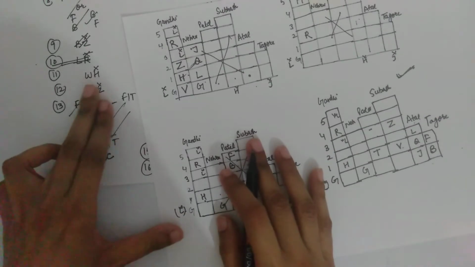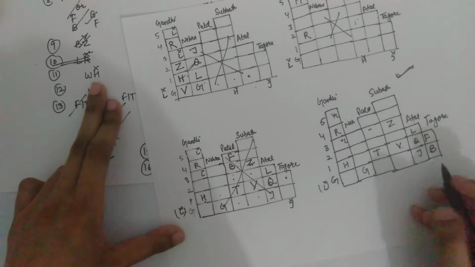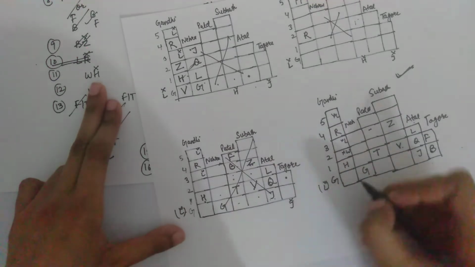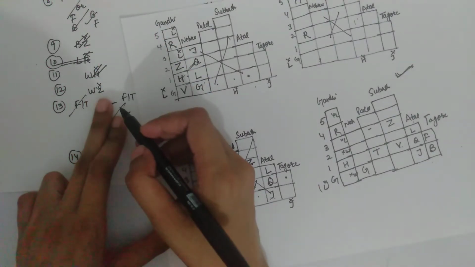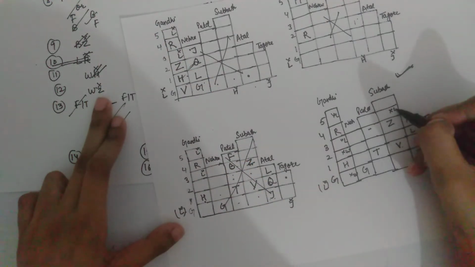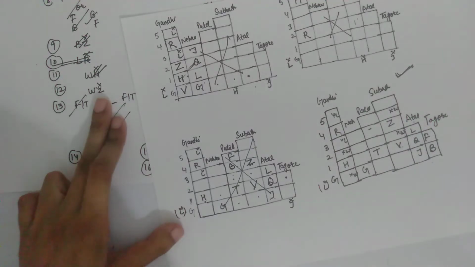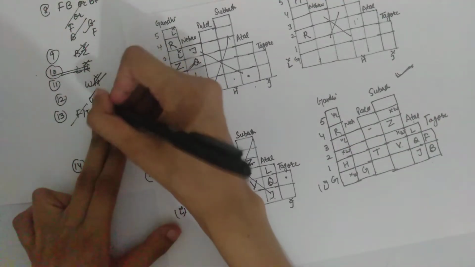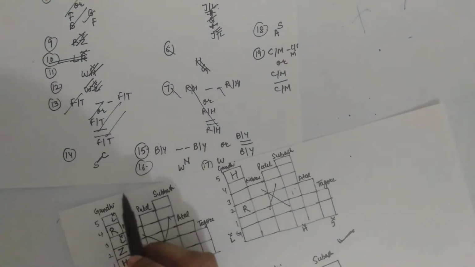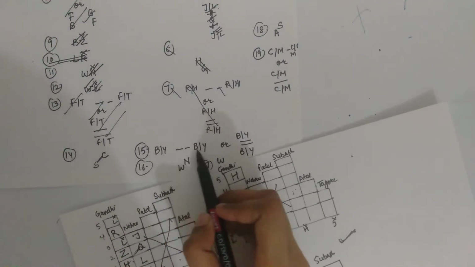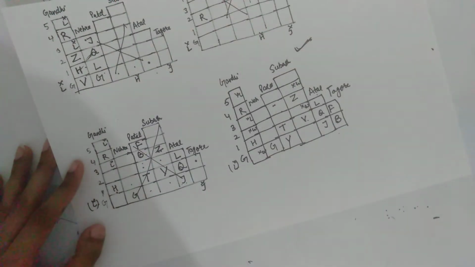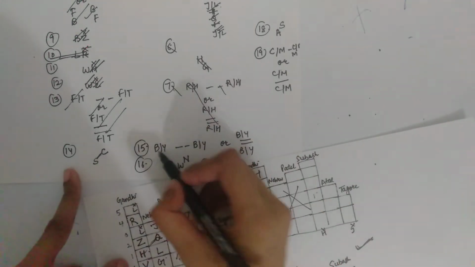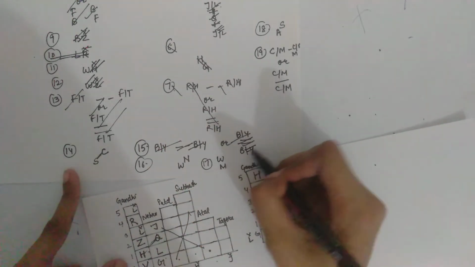See the next. W is not an immediate neighbor of H. We have H. We can't place W here. We can't place W here. W is not a neighbor of Z. W will not come here. Also can't come here. Now see which instructions are left. B and Y have 2 places between them. This is B, 1, 2. This will be Y. This is done.